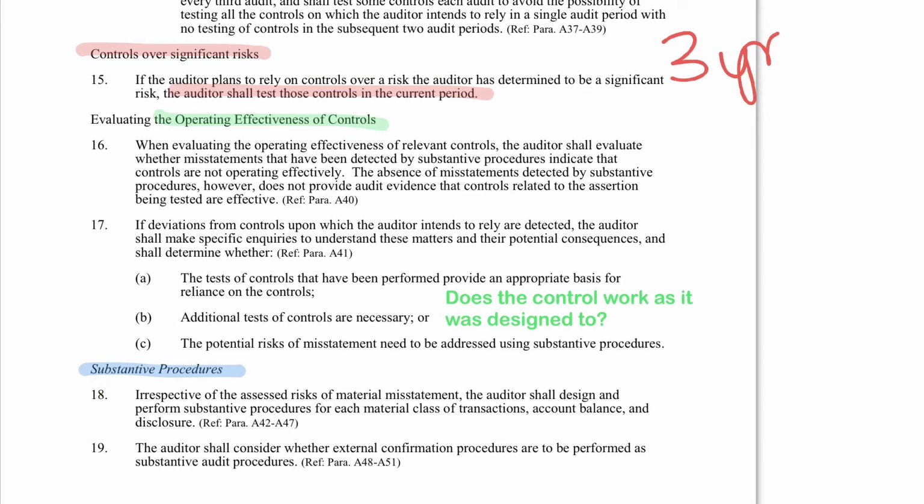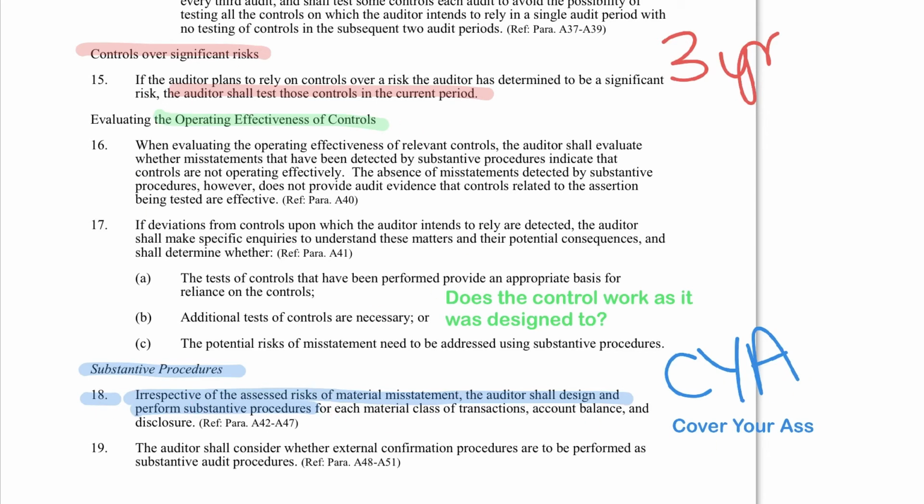And that's borne out here in paragraph 18. Irrespective of the assessed risks, the auditor shall design and perform substantive procedures. So that's always doing some substantive work. Sometimes in the audit world, you might see the phrase CYA. CYA means cover your arse. Right? So that might sound a bit crude, but we do it just in case we might miss something from